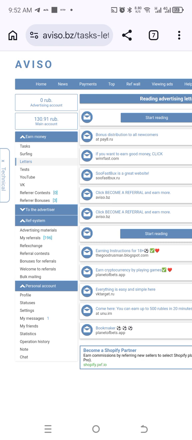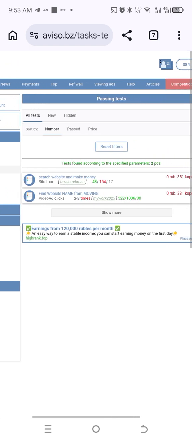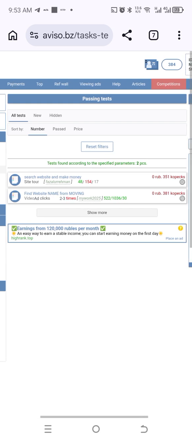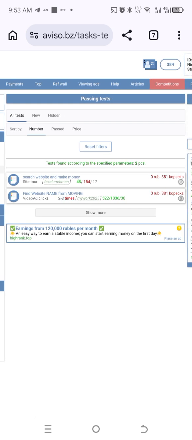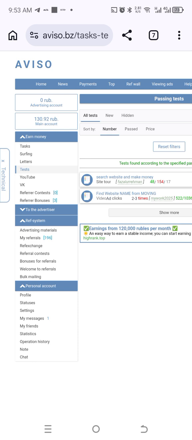Okay, the test and VK, I've not done those. VK is because I don't have a VK account. The test is just new to me. I've not quite gotten into how to do this, but I believe it's quite easy. If I get time and I want to go through the test, I'll go through it, figure it out, and